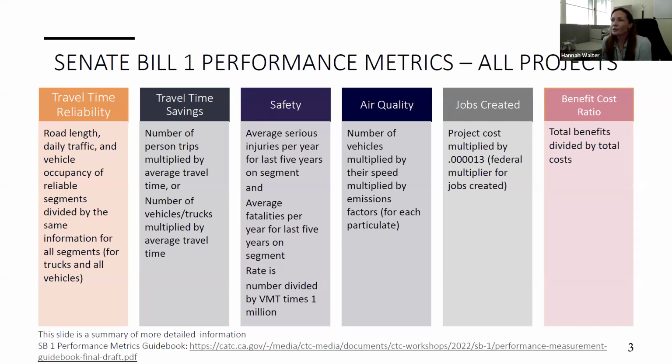And then the benefit cost ratio is taking, if you monetize all the benefits, so there's a monetary value associated with travel time savings, with preventing crashes, and with reducing emissions. All of those benefits can be monetized. So if you look at the cost of the project and then the benefit of the project in terms of a value, in terms of money, then you just divide the total benefits by the total costs. And the resulting ratio that you get is called the benefit cost ratio.